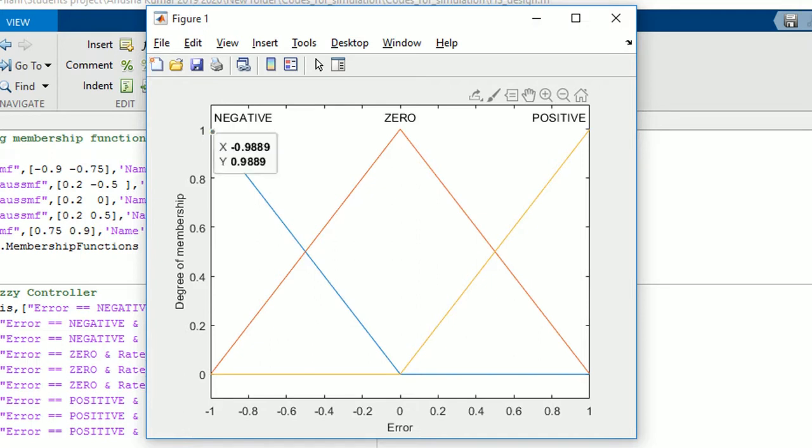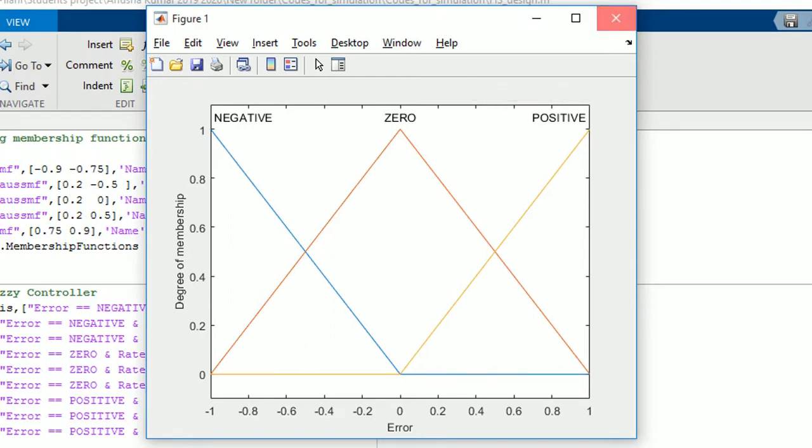So it is highest at -1, then it is lowest at 0. So this is kind of a triangular membership function but clipped in half between -1 to 0. Then you have 0 membership function defined between -1 to 1, having a maximum value of membership function, degree of membership function value at 0, which is equal to 1. Okay, and then you have positive membership function defined using this yellow line here, which is simply your positive membership function for error. You can see that thing in the x-axis, x level. Okay, so this is it.